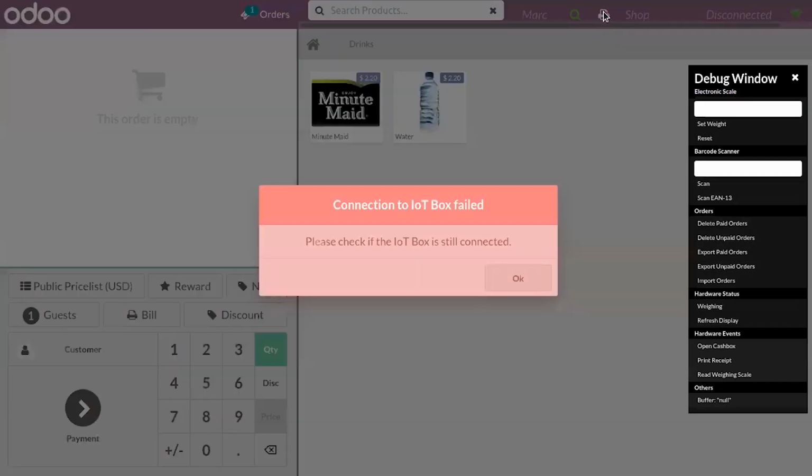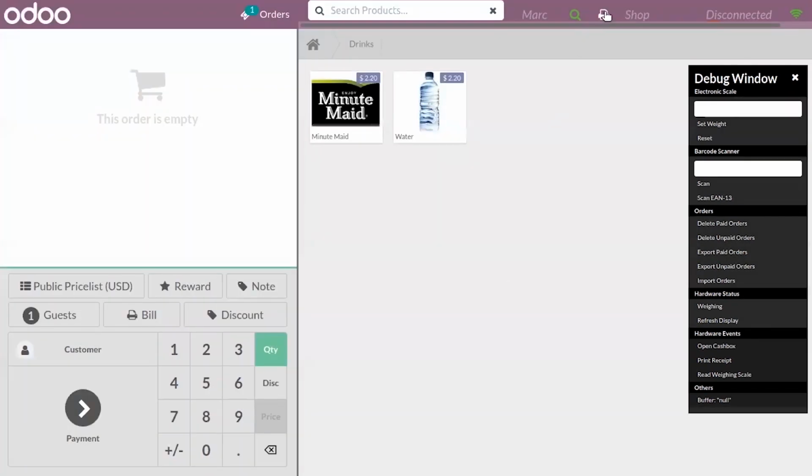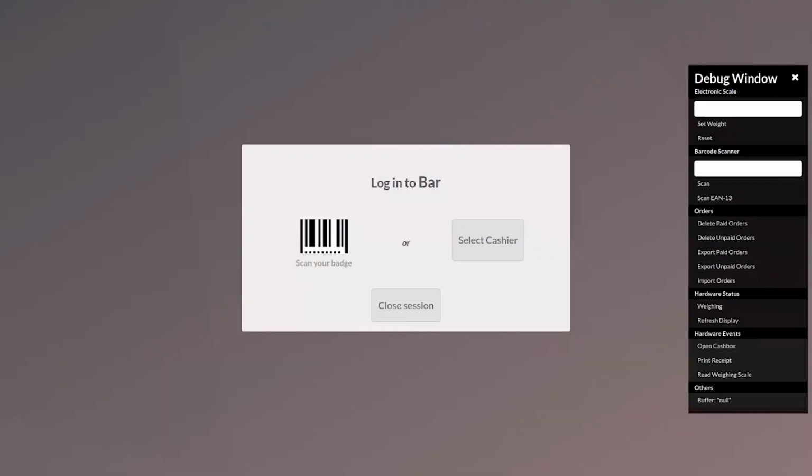You can also see an option for printing a report with sales of the current point of sale session, but right now it's not available because the device is not connected. Okay, now let's close the session.